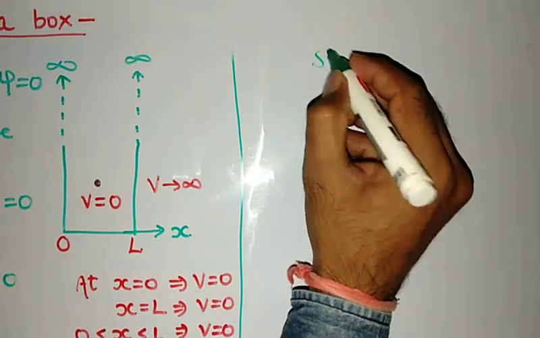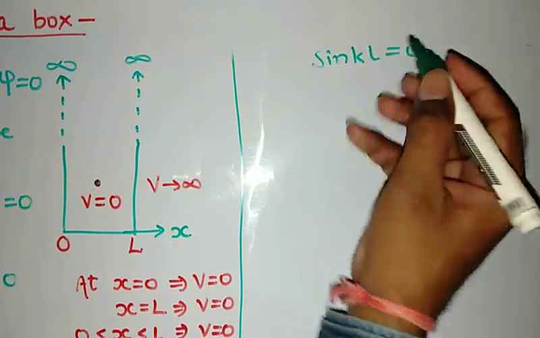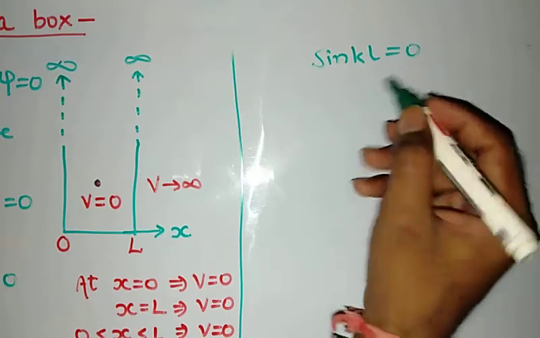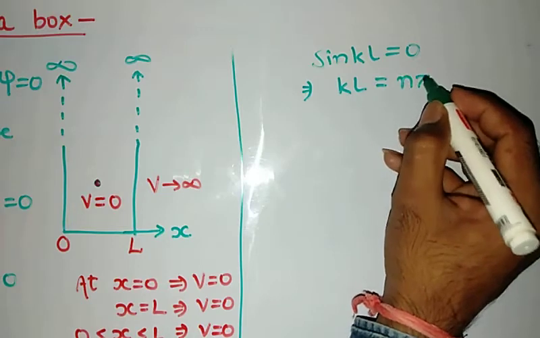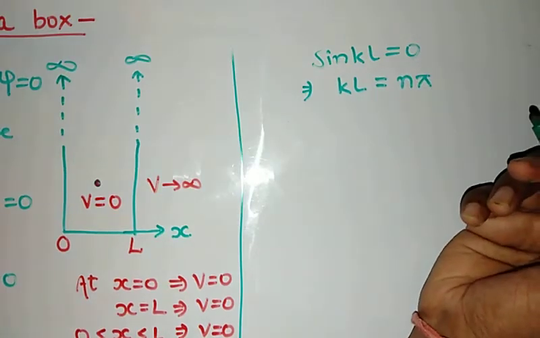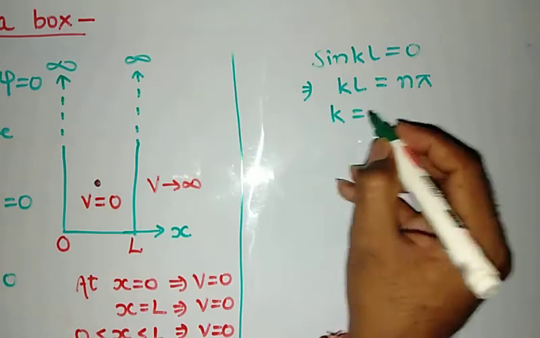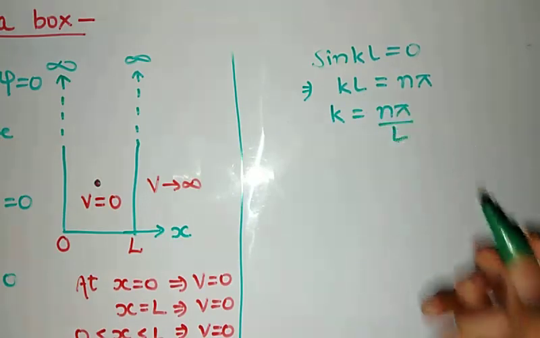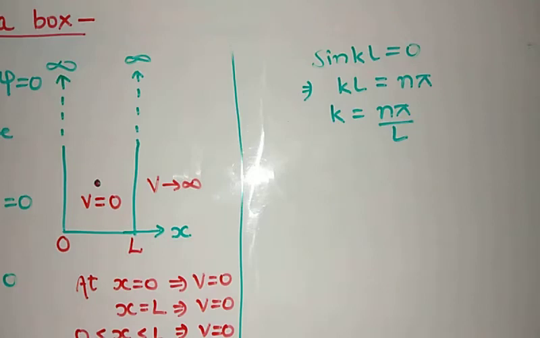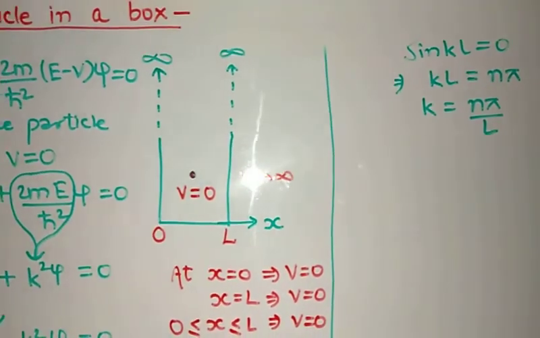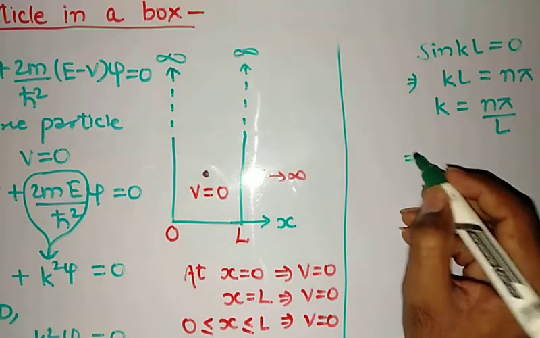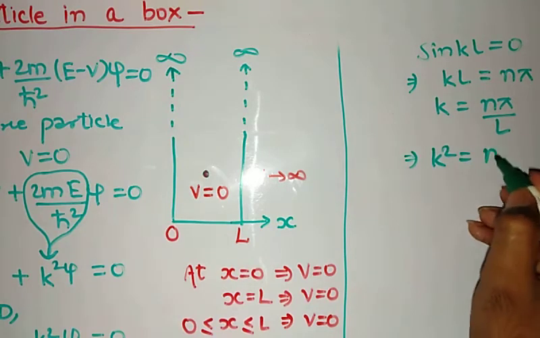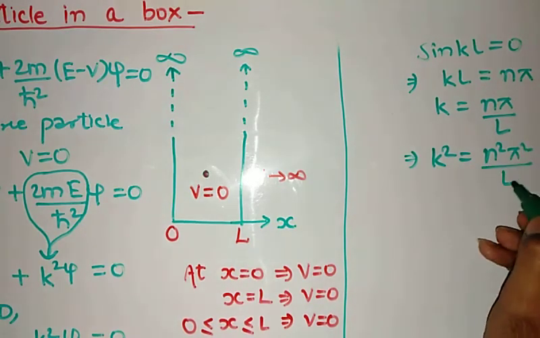As we have proceeded, up to sin kL is equal to 0, which means sin theta is equal to 0, then theta is equal to n pi. This implies kL is equal to n pi, so the value of k is n pi by L. Just we have let 2m upon h cut square is k square. So squaring both the sides, k square is equal to n square pi square upon L square,